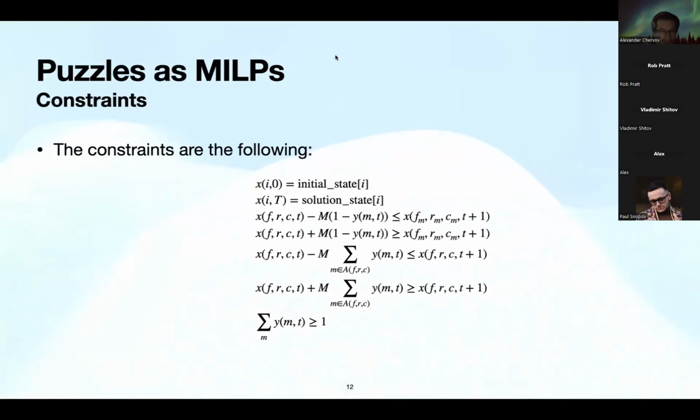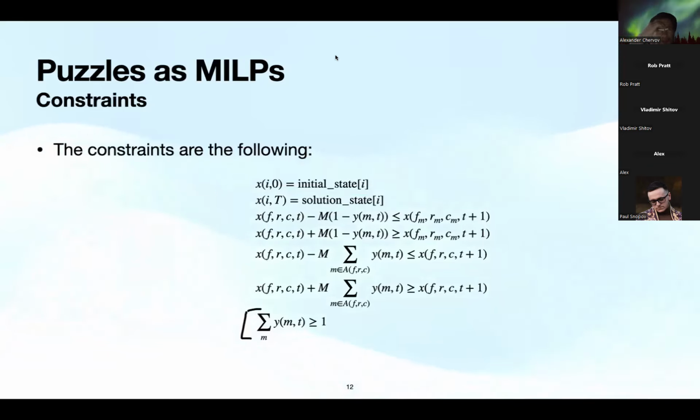So the next slide is about constraints. The first two constraints are trivial. The last one is what I was talking about. If this constraint should be done, then we can't drop the t out of the objective function, because otherwise the function is not minimizing at all, since at each time step there should be at least one move, and therefore the value is not minimizing.